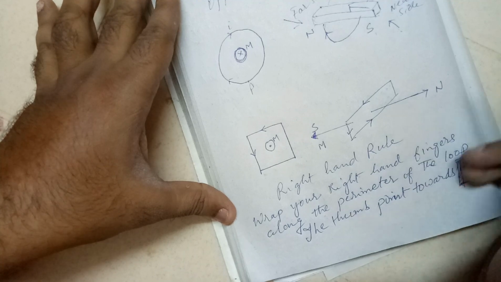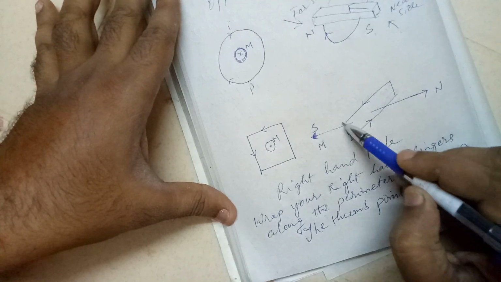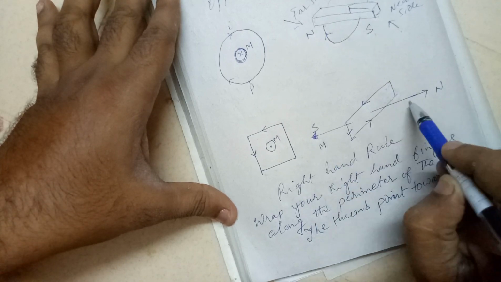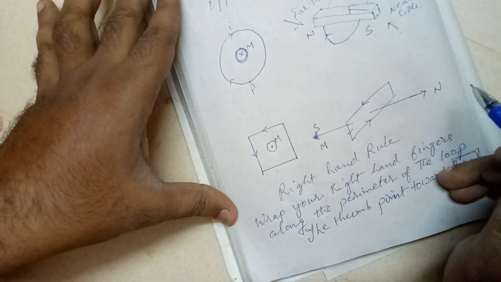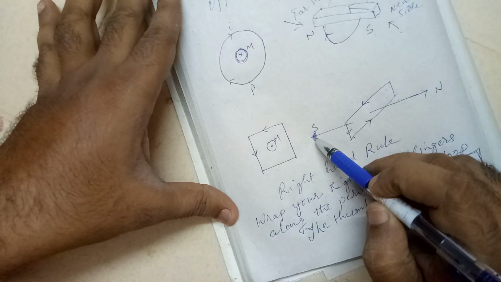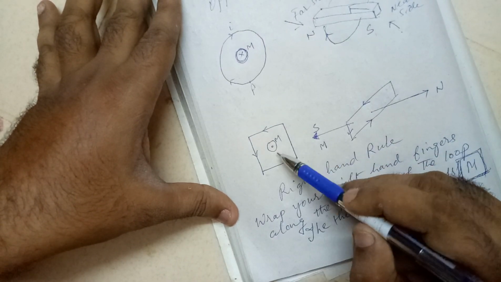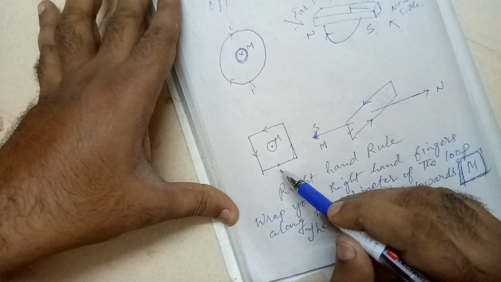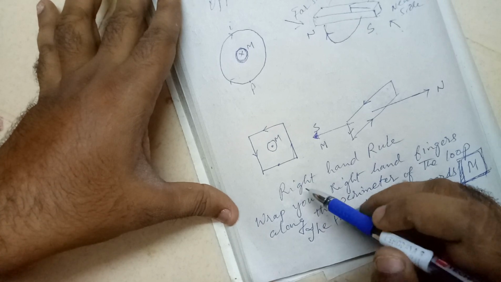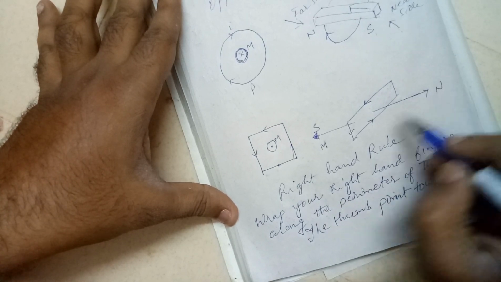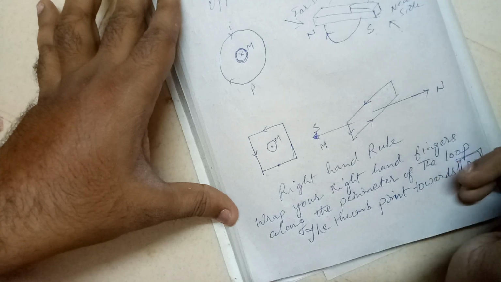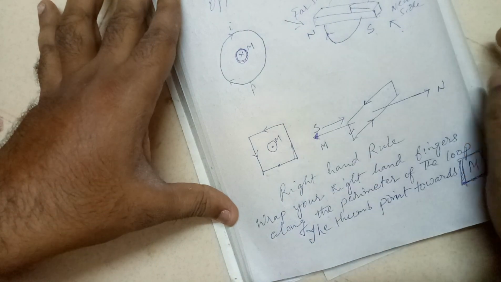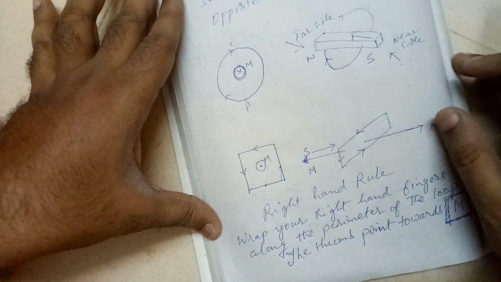So here you try to draw a 3D. There is a sheet. The direction of current is like this. So imagine a bar magnet penetrating through this. So where will be the north pole and where will be the south pole? That we need to decide. When you see here, it is going in the anti-clockwise direction from the side I am seeing. So here it will be the north pole, here it will be the south pole, and the direction of magnetic moment will be from south to north. This is just the reverse of the earlier case.